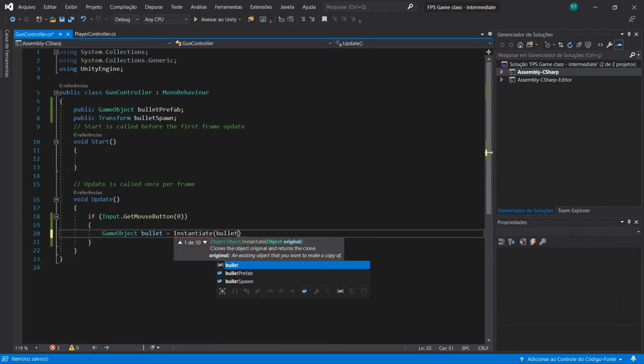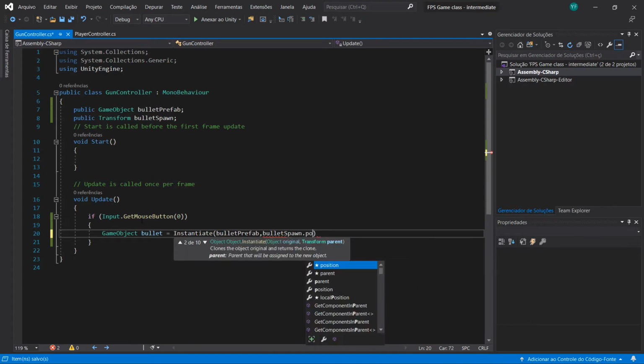The prefab is bulletPrefab, and then the position is going to be bulletSpawnPosition,